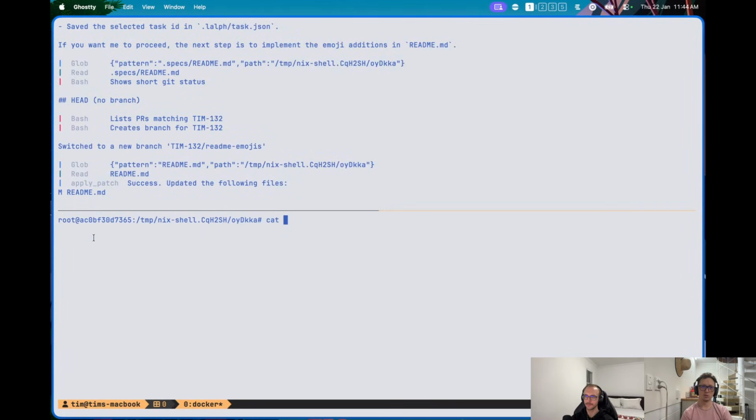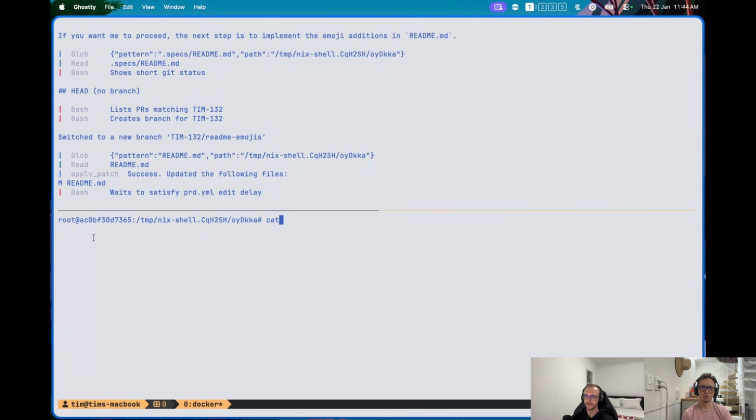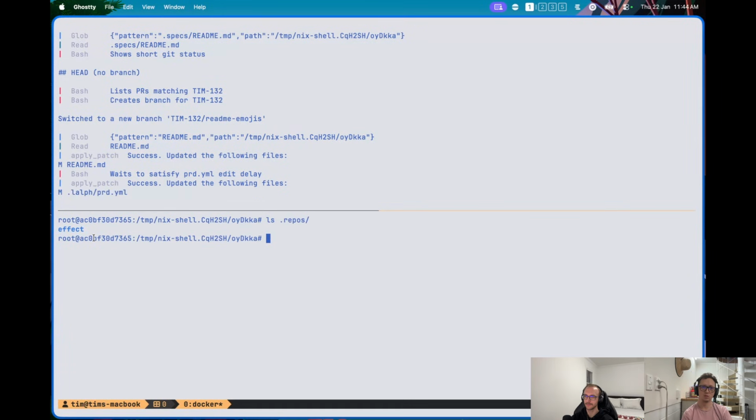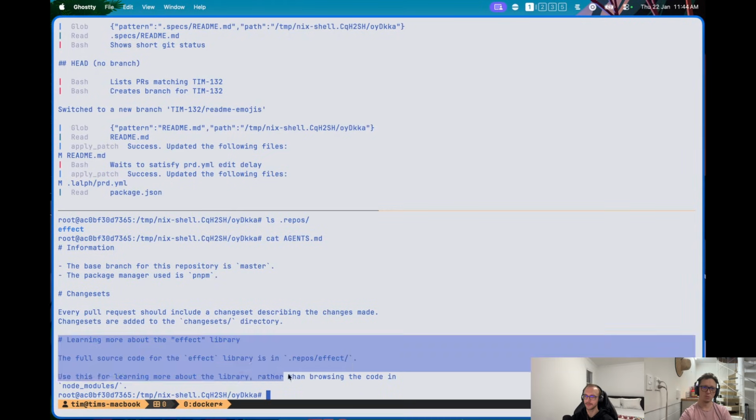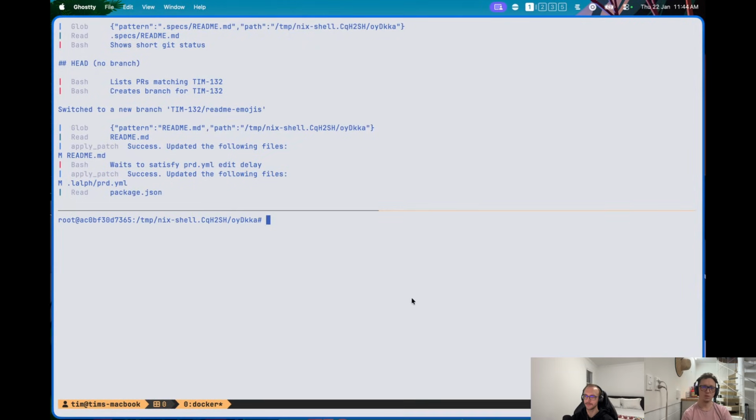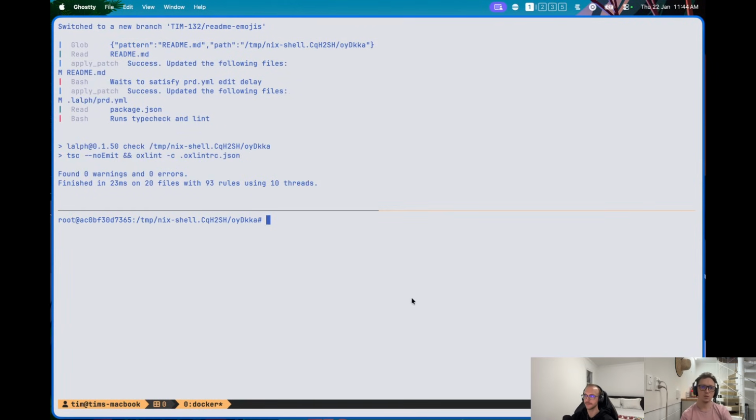A couple of things are injected. Apart from running the setup script, if we look in repos, you can see effect there. And in agents, I've just got a section about learning more about the effect library that points to that repository. It also injects the